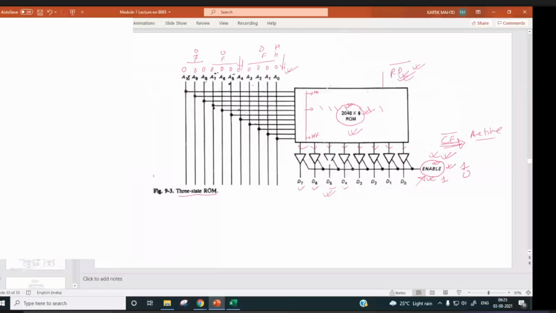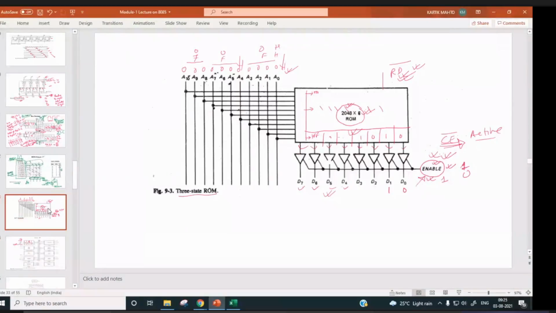Content of the particular ROM location, suppose it is 7FF, so 0 will come over here, 1 over here, 0 over here, 1 over here. Whenever we make enable 1, whatever is the data inside this ROM will come out.